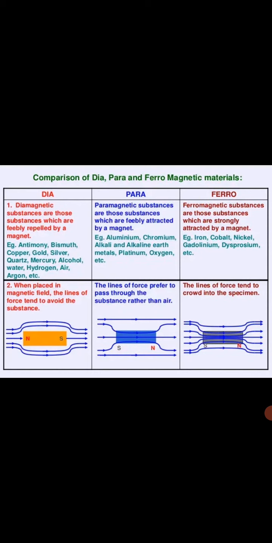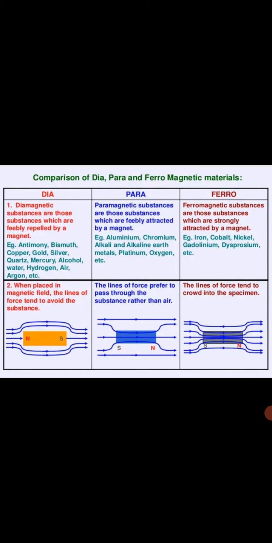Now the second is the paramagnetic substance. What are the paramagnetic substances? These are substances which develop feeble magnetization in the direction of the magnetizing field. Whatever the direction of the magnetic field you have taken, they align themselves in the direction of the external magnetic field, and they are feebly attracted by the magnet and tend to move from weaker to stronger part of the magnetizing field. Means it will always move from the weaker region to the stronger region of the magnetic field.